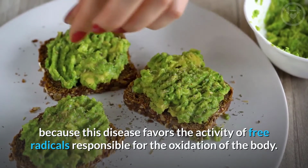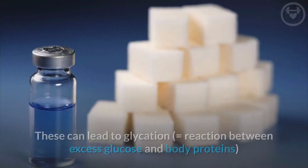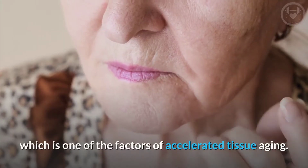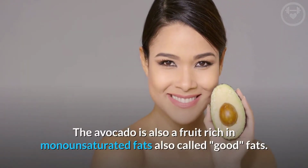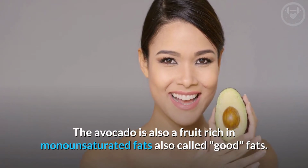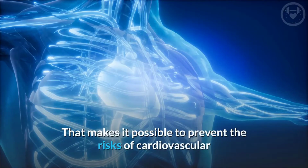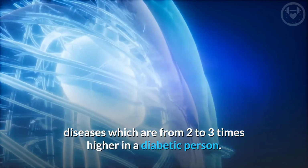disease favors the activity of free radicals responsible for the oxidation of the body. These can lead to glycation, a reaction between excess glucose and body proteins, which is one of the factors of accelerated tissue aging. The avocado is also a fruit rich in monounsaturated fats, also called good fats. A study has shown that the avocado has a real impact on the reduction of blood lipids. That makes it possible to prevent the risks of cardiovascular diseases, which are from 2 to 3 times higher in